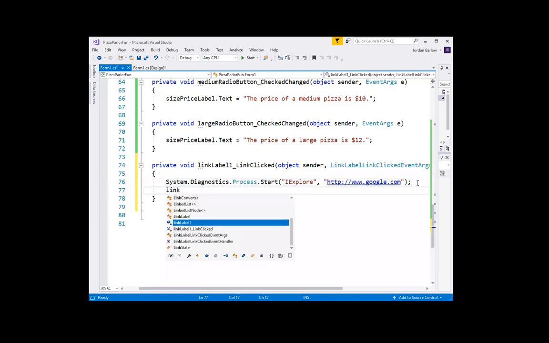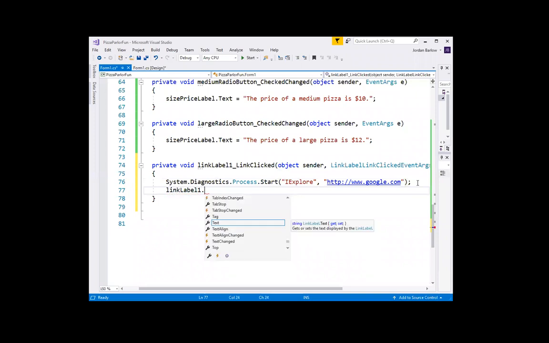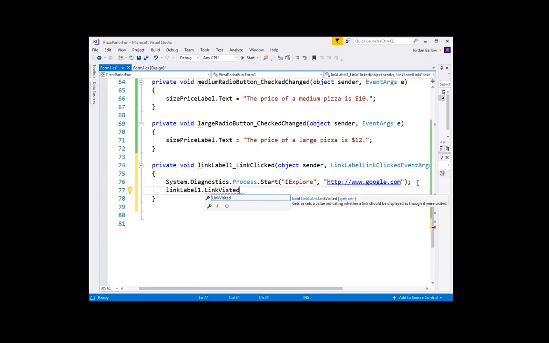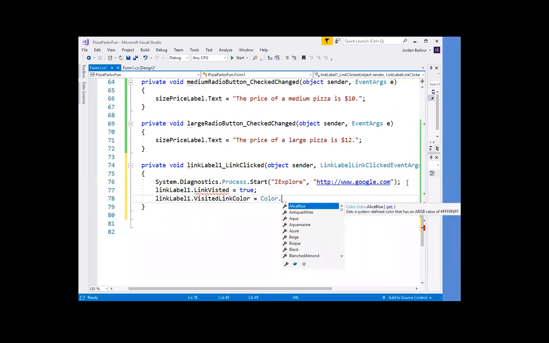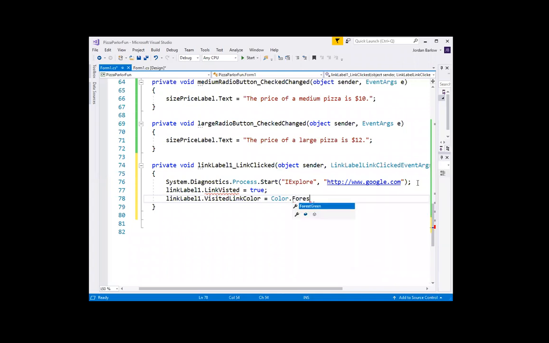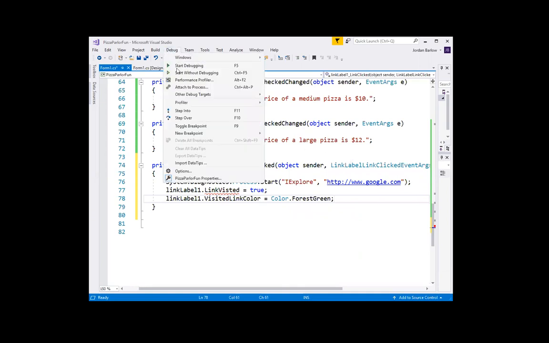Then we could make our link label, it has a property called LinkVisited. And we could make that be true, so it keeps a history of whether or not we visited a link. And we can change the visited link color to be whatever color we want. By default it's purple, well, not by default, but generically it's purple. We could have it be like forest green or whatever we want it to be. Now if I run this code,